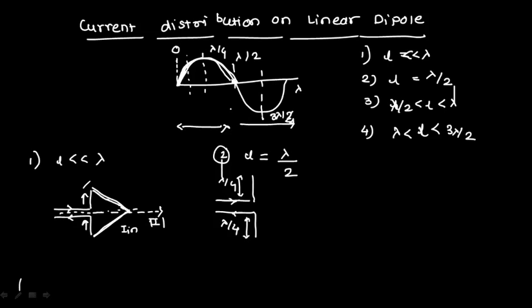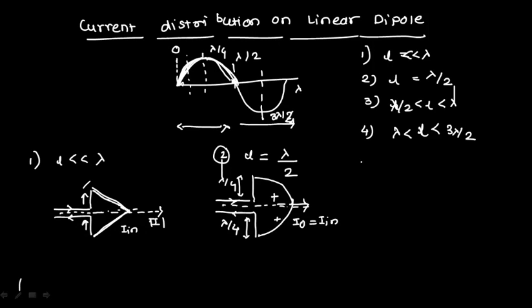Now see the current distribution. एक यहाँ से लेके यहाँ तक आएगा और दूसरा यहाँ से लेके यहाँ तक आएगा. So I can draw the current distribution like this. ठीक है, so you can see here whatever input you give, the output you get is exactly the same. So the maximum output you will observe at length lambda by 2. ठीक है, and the distribution will be like this. Whenever you are talking about any antenna, the maximum output you will get is at length lambda by 2.